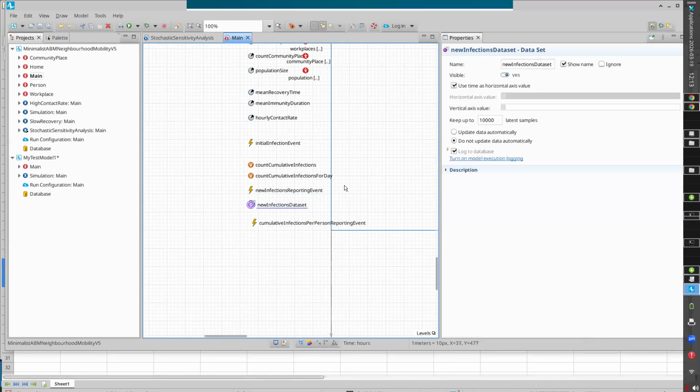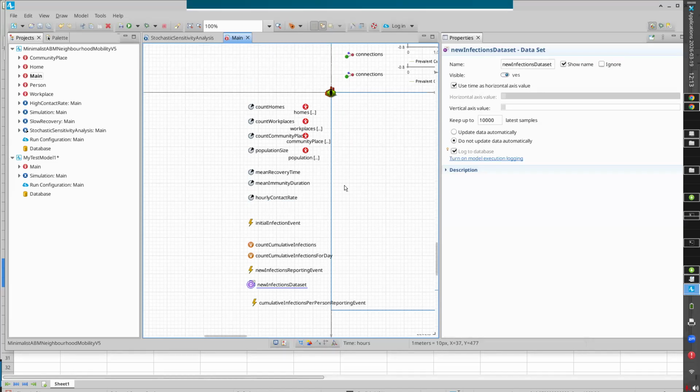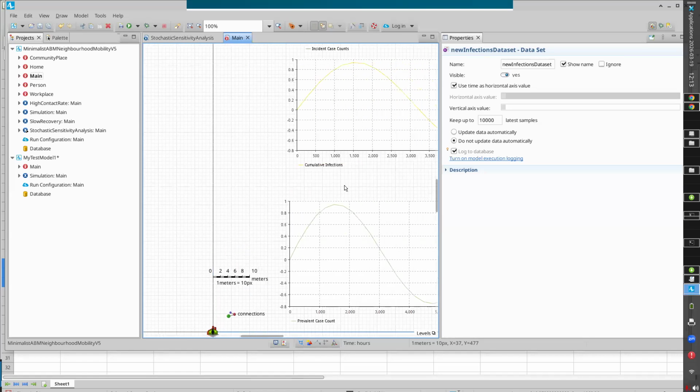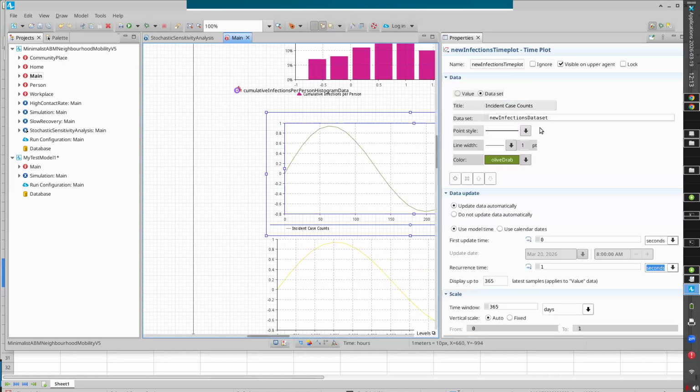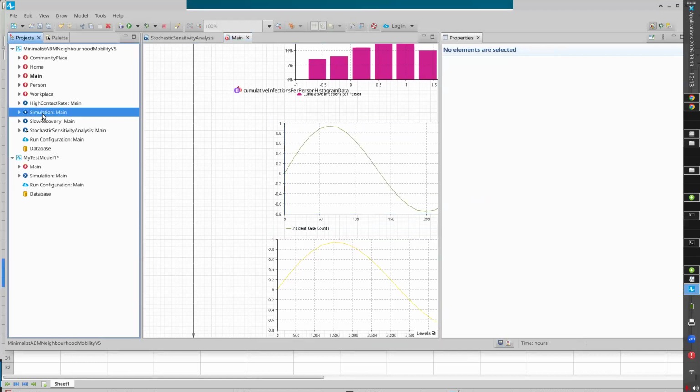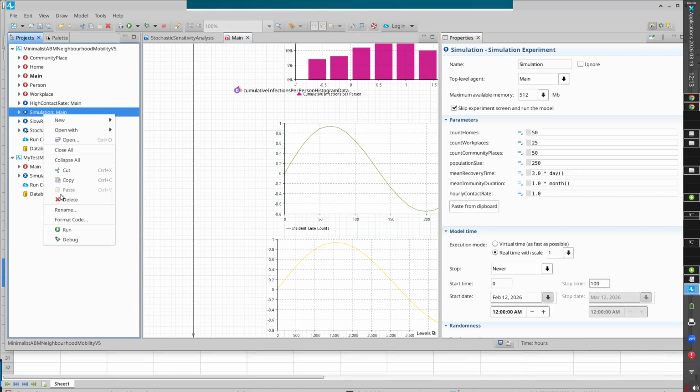That data set was then used up here to display the number of cases occurring over time. And if we were to go run one of these,